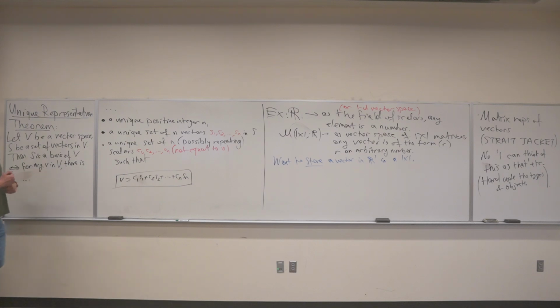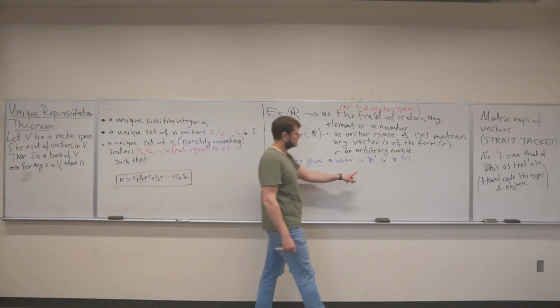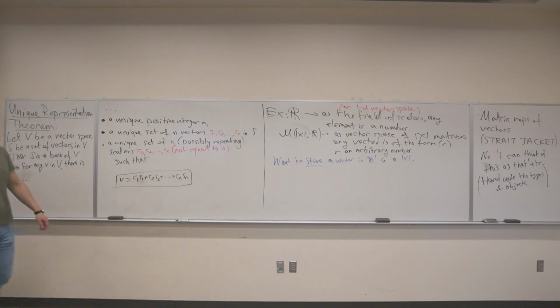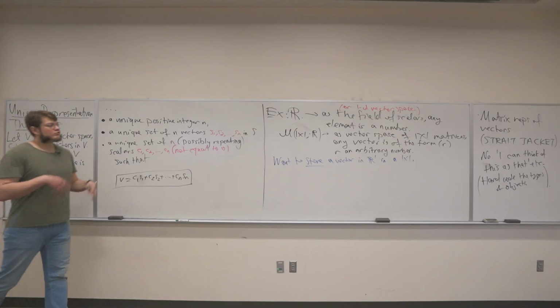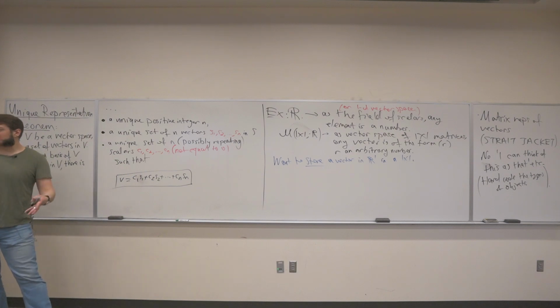Now, if I were to ask you, if I think about R to the 1 as a vector space, what are its possible bases? It is one-dimensional. Any basis in R to the 1 has to have exactly one vector. All non-zero numbers. Yeah. So 1 is a basis of R to the 1. 2 is a basis. Minus 15 is a basis. Pi is a basis, whatever.